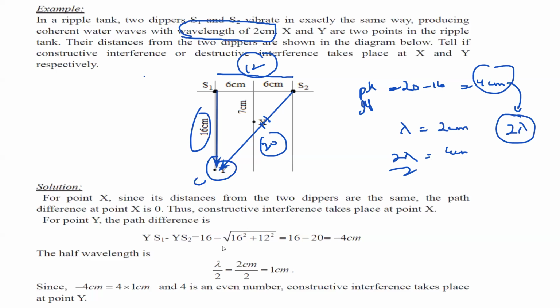Is it clear? When it is not a fraction... when it is, for example, if the path difference was exactly lambda by 2, lambda by 4, lambda,